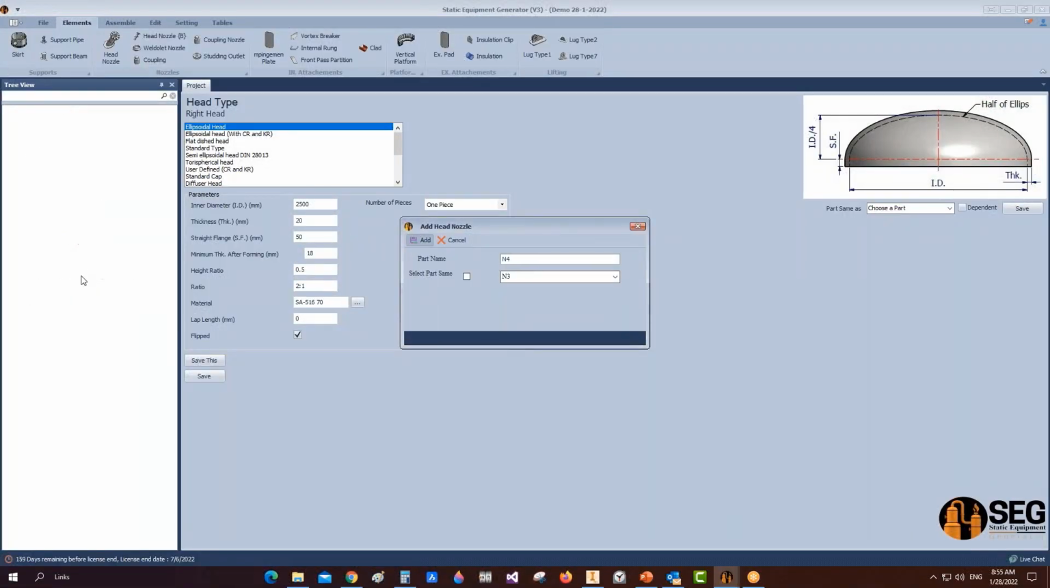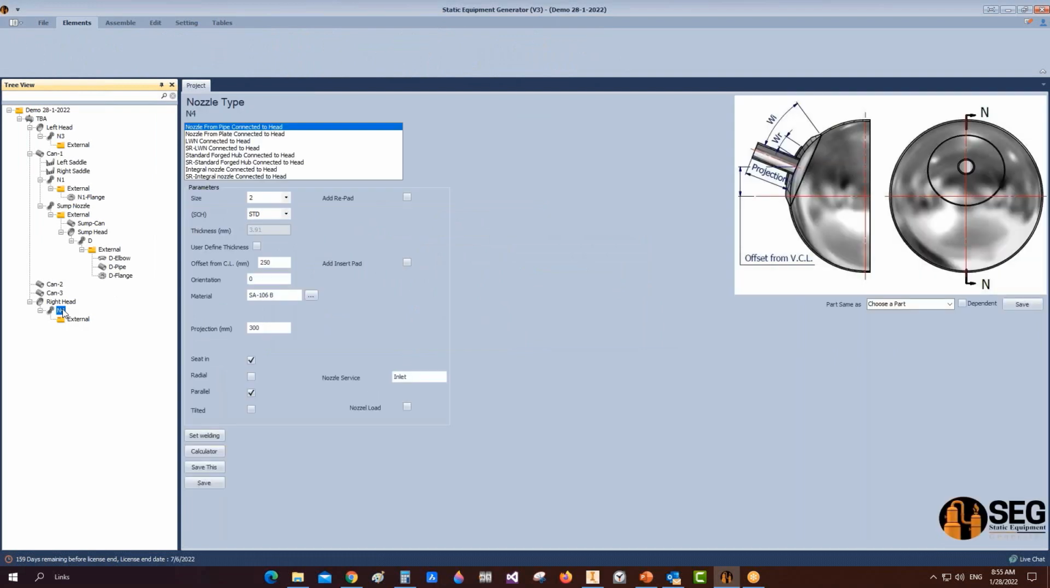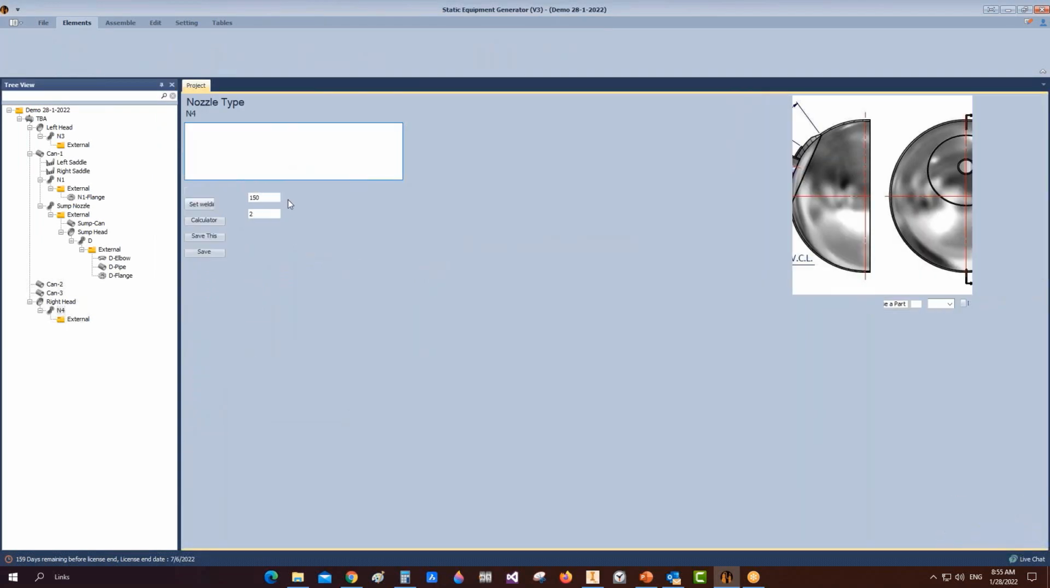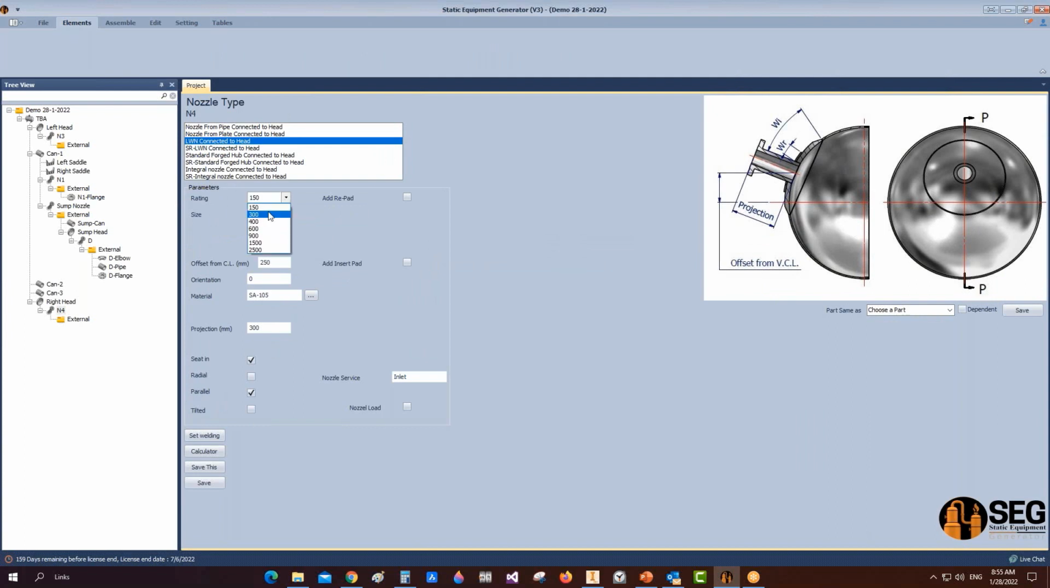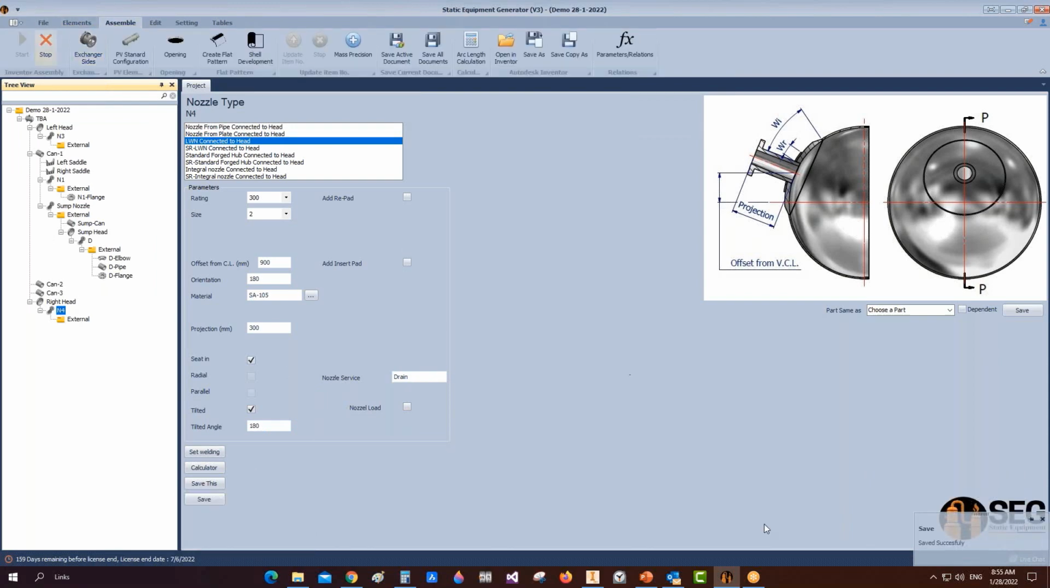From here, let's add nozzle 4, and let's make it a long weld neck nozzle. Make it a 2 inch nozzle. Let's define the offset to be like that, and the orientation 90 degrees, and make it tilted. So we will define the angle; if we make it 90 degrees, we will make it 190 degrees, and let's add a drain, and click save. Now if we click on start,